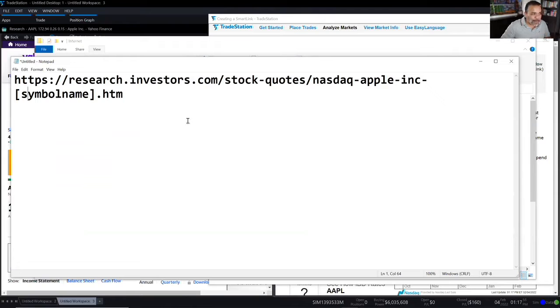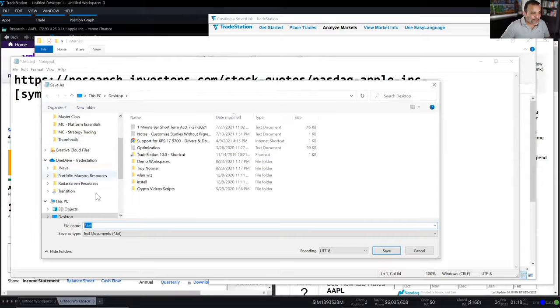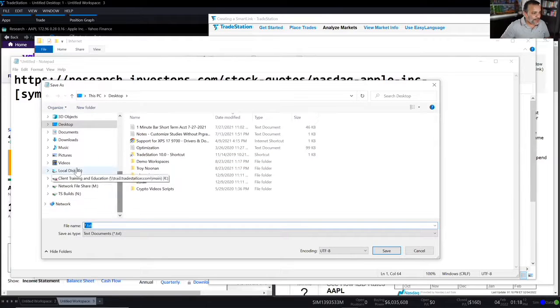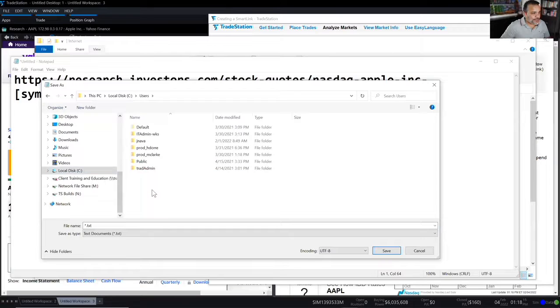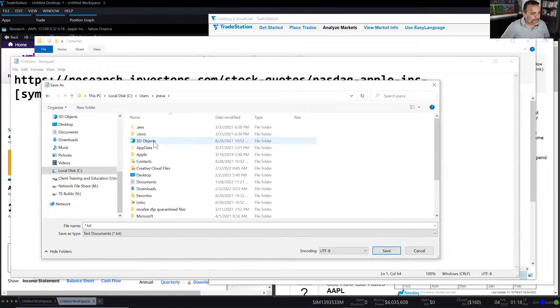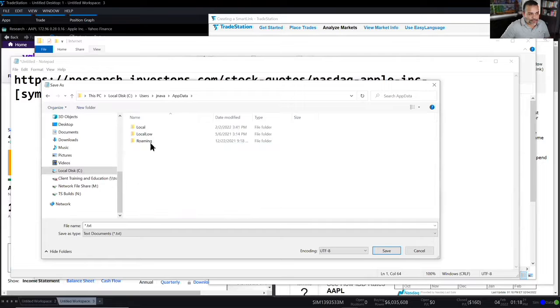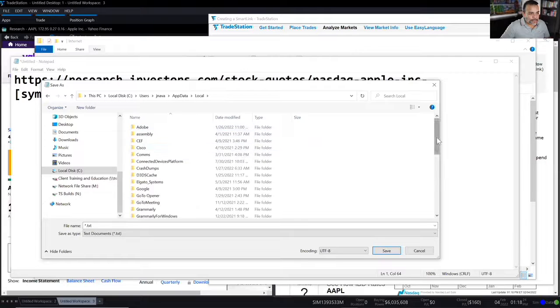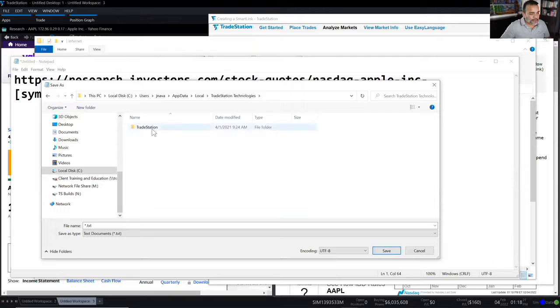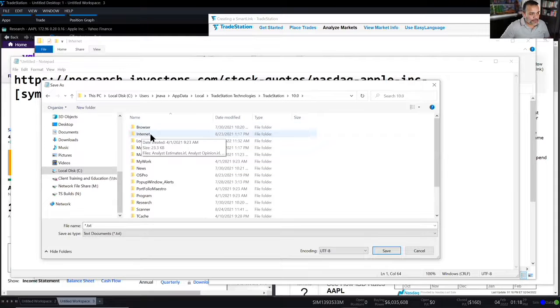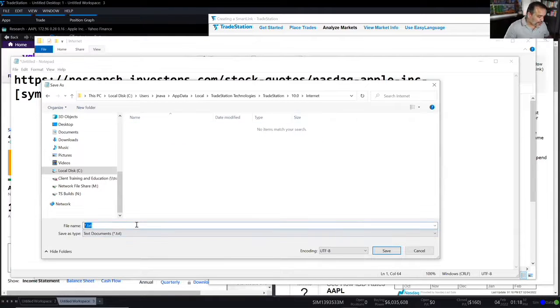So what I do is I go back in here and replace the symbol name with this cookie placement, square brackets, symbol name, all in lowercase. I'm going to go to File, Save As, and I'm going to look for that directory. So I'm going to go to the C drive, Users, my username, app data, which is the hidden folder, local, then TradeStation Technologies, TradeStation 10.0, internet. I'm going to call this IBD